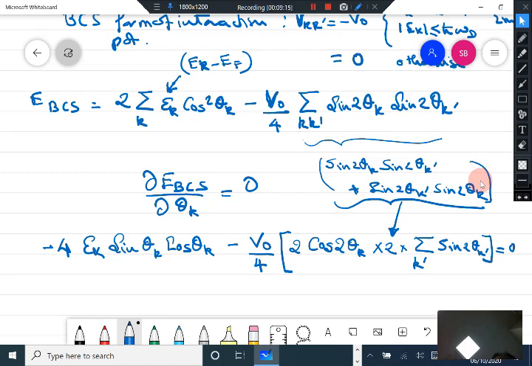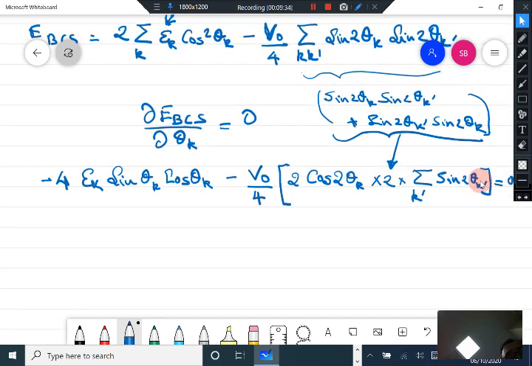Now when you take derivative with respect to only theta k, one of the summation signs will drop off, and if you take a derivative of this, that will give you 2 cos 2 theta k. So inside the summation this 2 is coming because of these terms, and if you just work it out, you will understand this. Now with a little bit of manipulation, we will write this as,